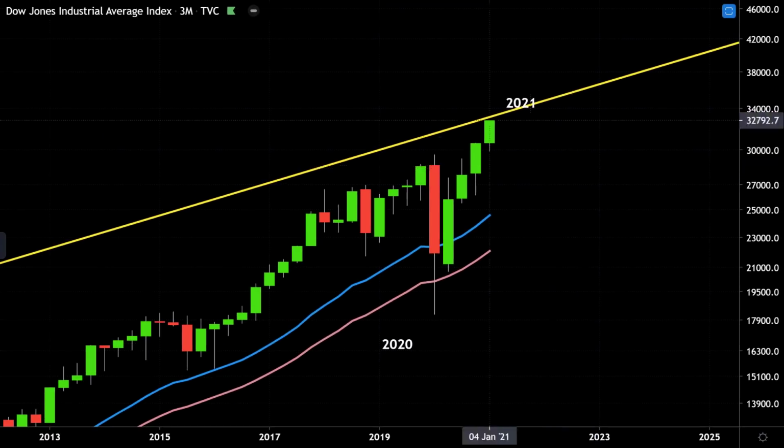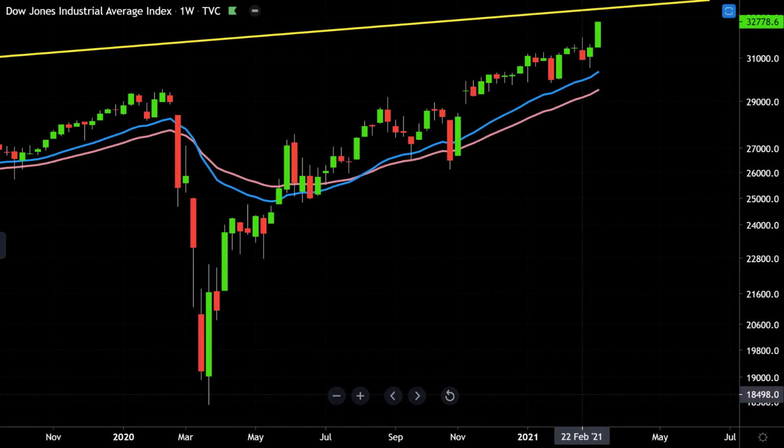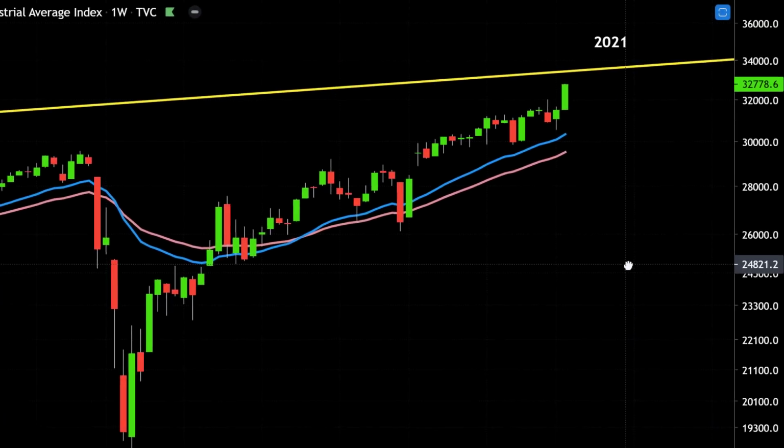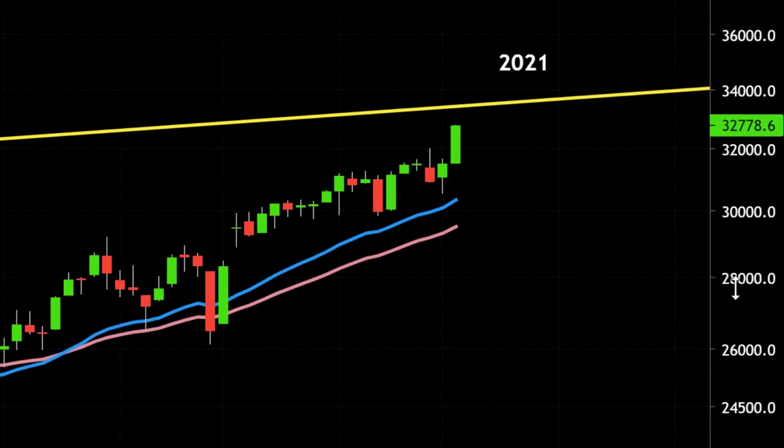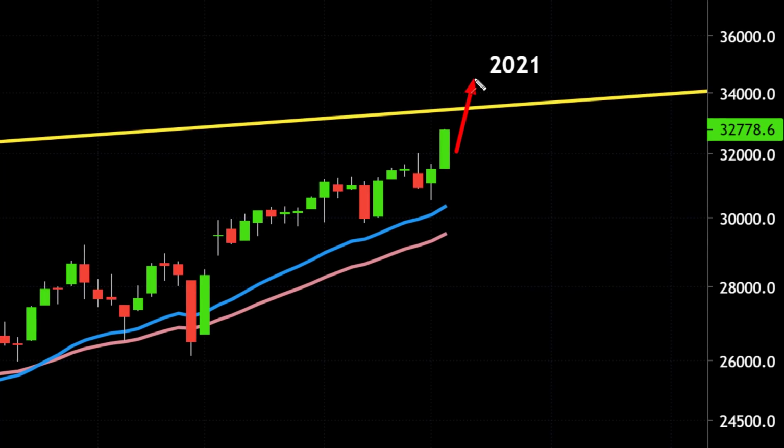Okay, so in other words, here's a weekly chart. Let's have a look over here. So let's say the price action on the Dow, let's say we do climb over it and we get a throw over, which is looking less likely. I'll show you why in a minute. But if we then close back below the trend line again, that could confirm the throw over and could actually be quite a bearish reversal, starting a major correction.